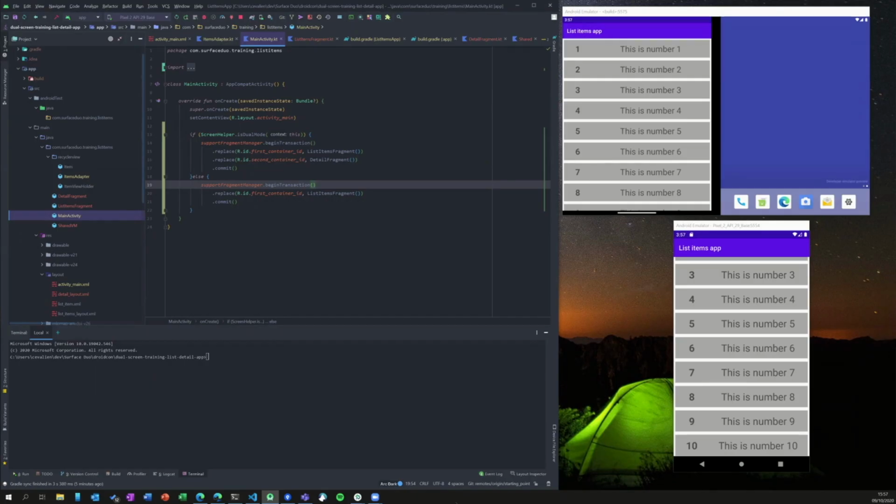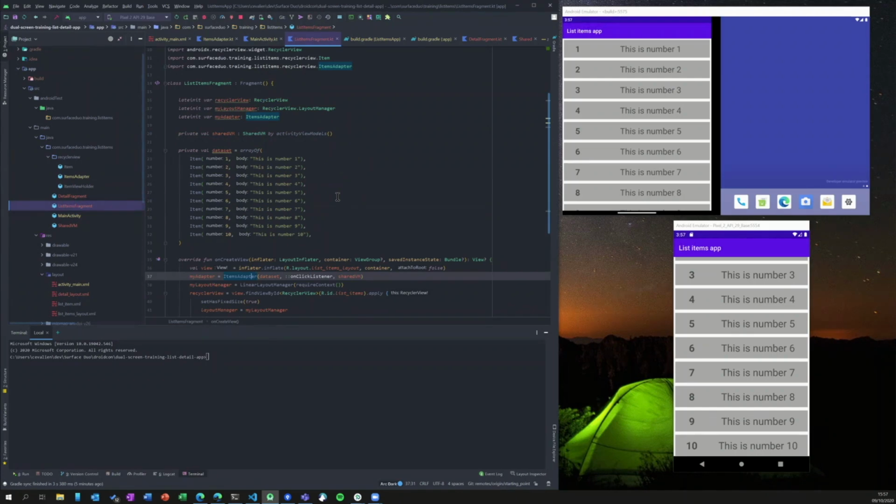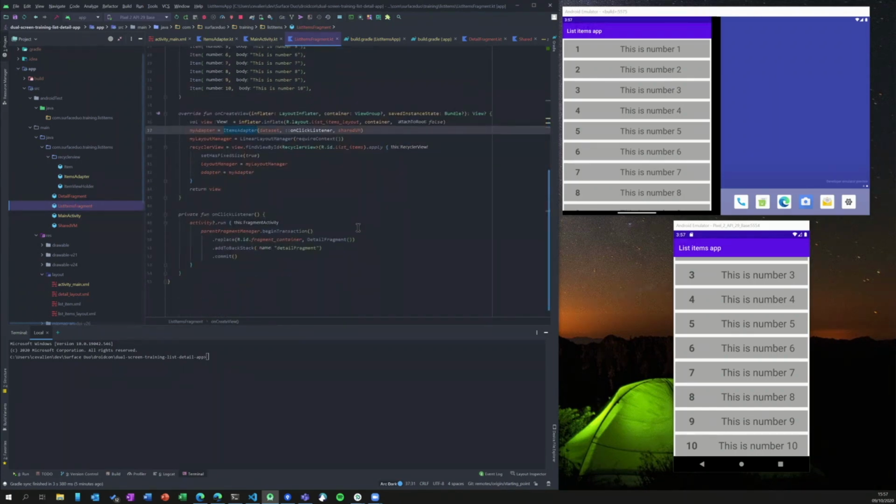Okay, what else? Then the list item fragments. One thing that we have to change is here in the on-click listener. Before, whenever we tap on an item, we replace the previous container with the new fragment. This is fine for single screen devices, but for dual screen mode, for span mode, this is not needed since we already have the detail fragment on the right side. So what we have to do here is just wrap this